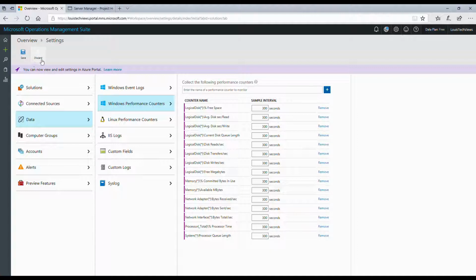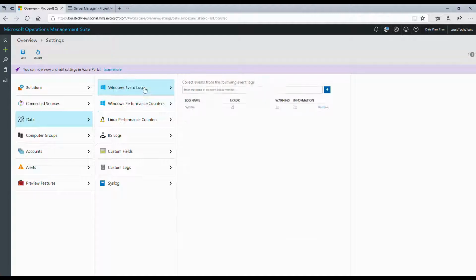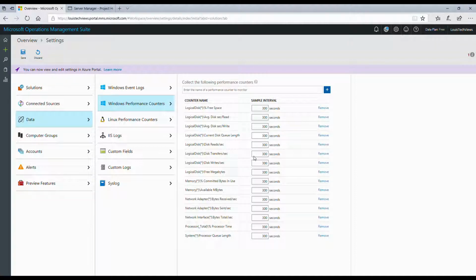All right. And then up here in the corner, I can say save, to go ahead and save those changes to my workspace. And like I said, what will happen in the background is any agents that are connected to this workspace will eventually see that change, and they'll start collecting the system log as well as these Windows performance counters that I have selected here. So there's a few other things you can do. I won't dive into any of these other ones, but there are a lot of other options here for different types of